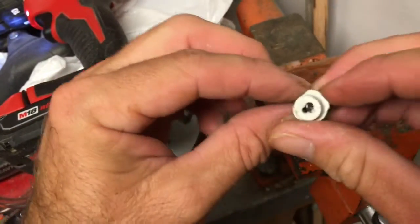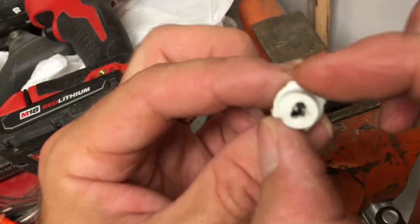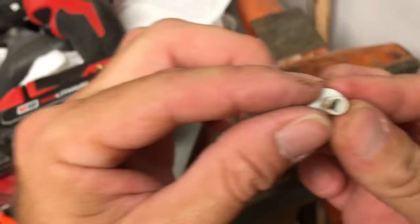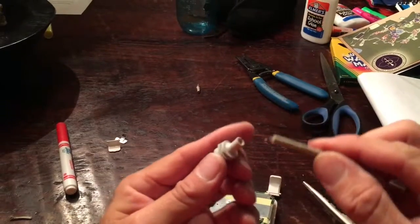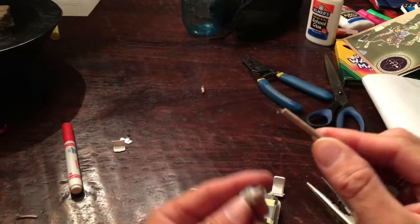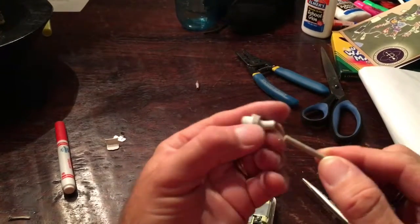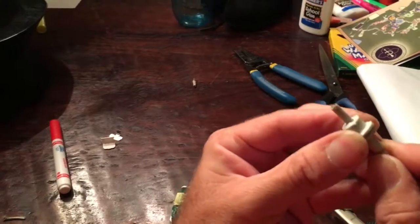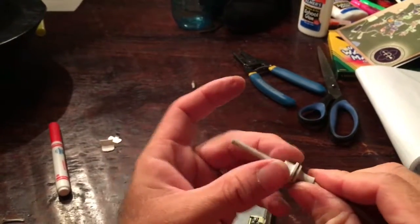Blow it out. I think I can get the wire through there. Still not that bad. Alright, let's give it a shot. So here is my wire. Cut it off clean. Here's my hole I just drilled out. See if it'll slide through. Boom. So I'll go ahead and cut this back